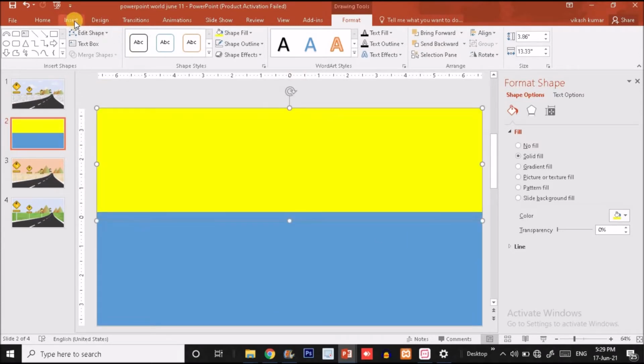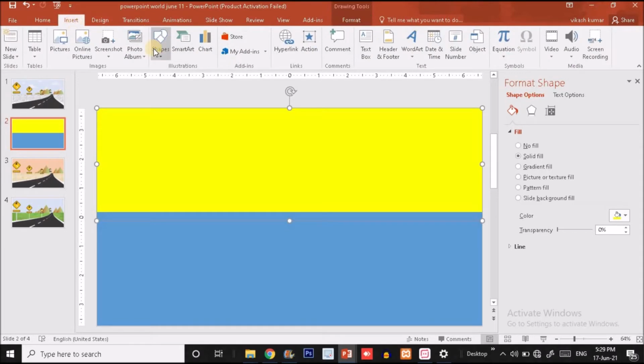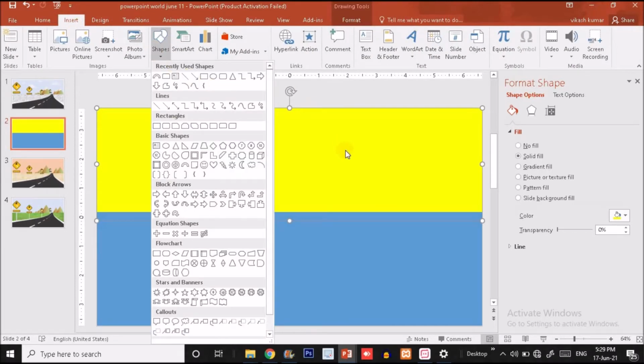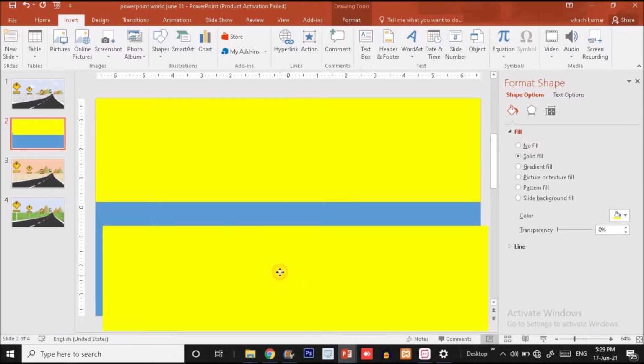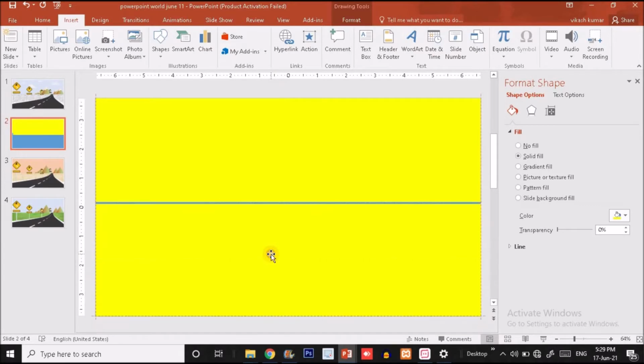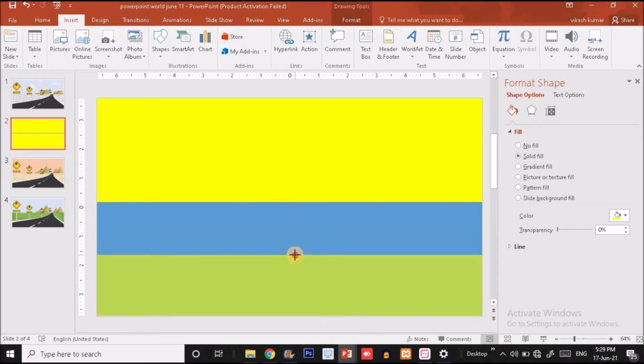So creating it, again I'm clicking on the insert option. Okay, let me duplicate the yellow shape by pressing Ctrl D and put it at the bottom like this. Okay, and now I'm going to decrease the height like this. Okay guys,